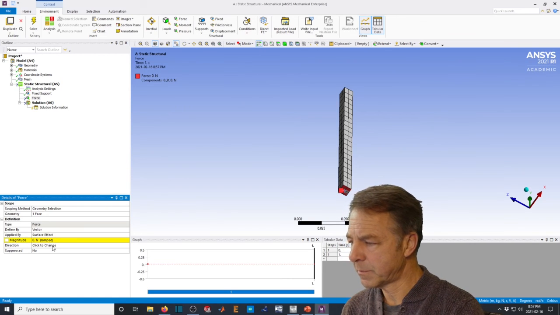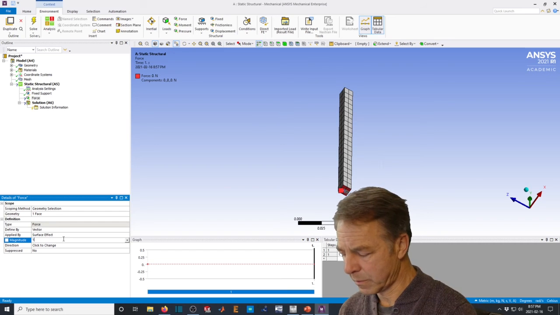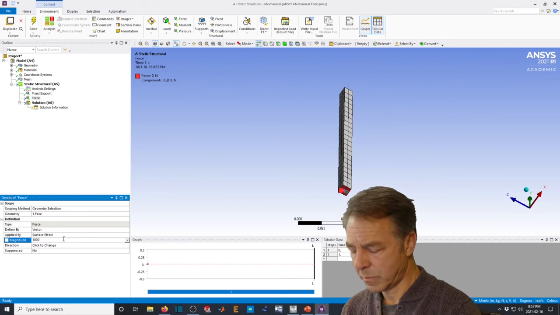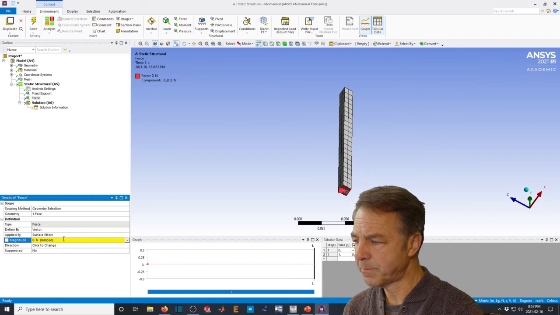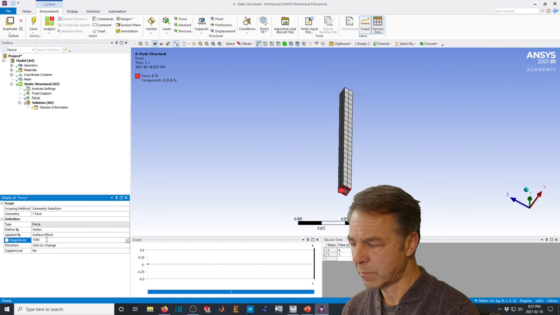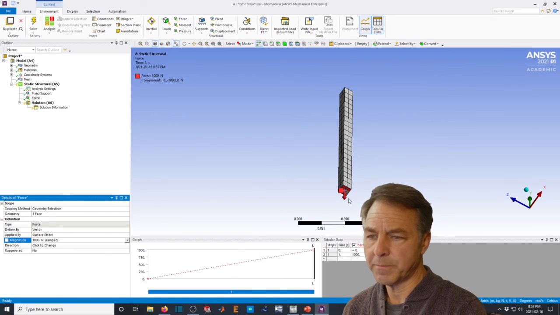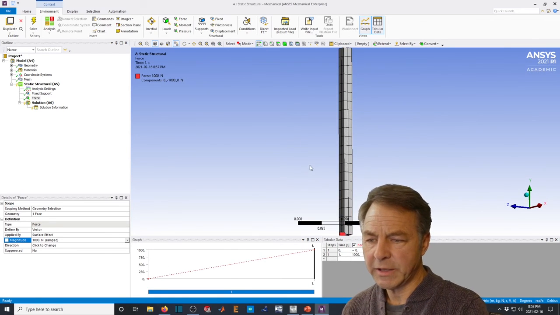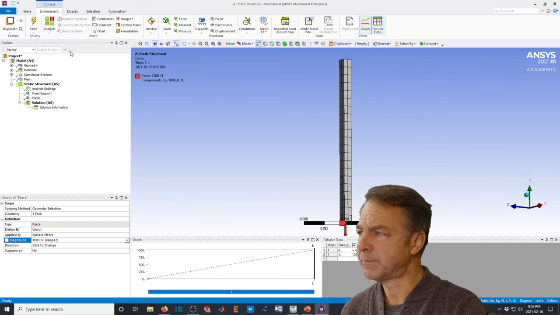Whoops. Better do capital N. There. And it's pulling it actually as I wanted. And so that's everything that I need. The only thing left